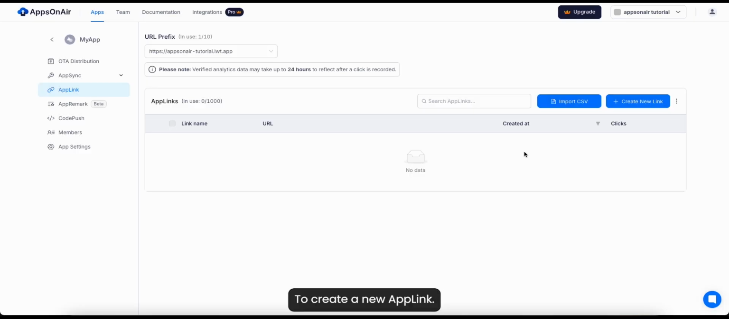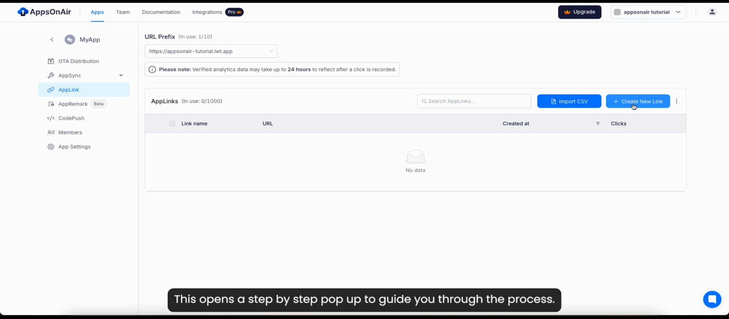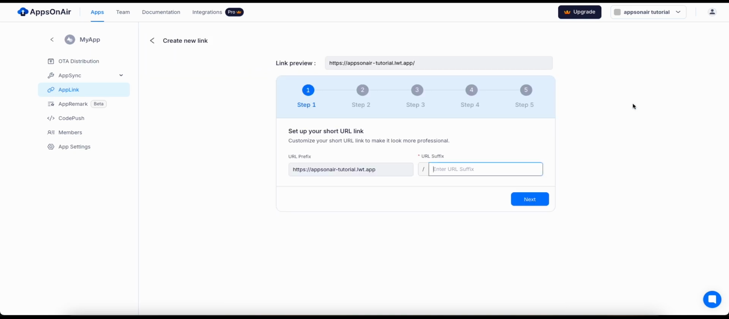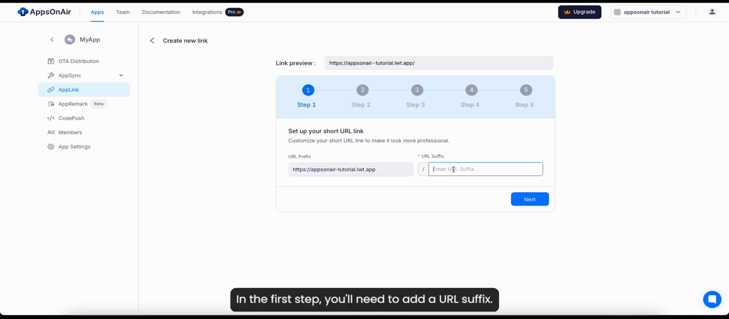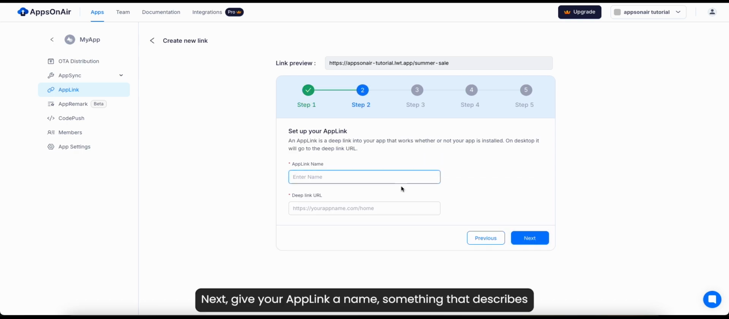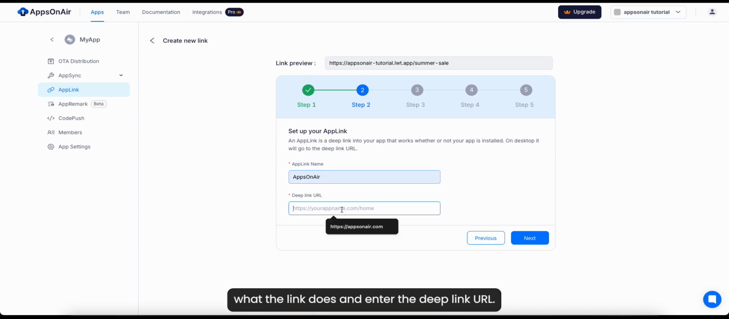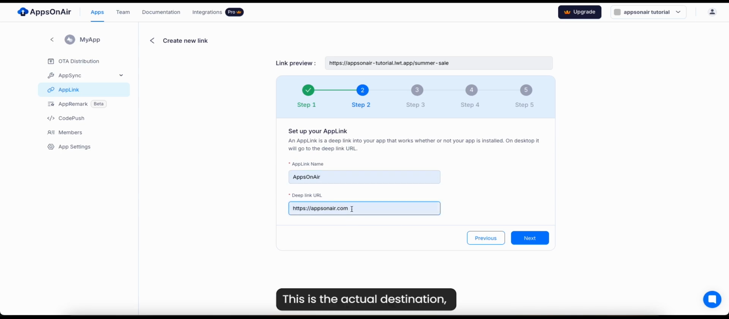To create a new app link, click on the Create New Link button. This opens a step-by-step pop-up to guide you through the process. In the first step, you'll need to add a URL suffix. This becomes the unique part of your app link, like your brand.appsonair.link/URL suffix. Next, give your app link a name, something that describes what the link does, and enter the deep link URL. This is the actual destination, which opens either in a mobile app or on a website depending on the user's